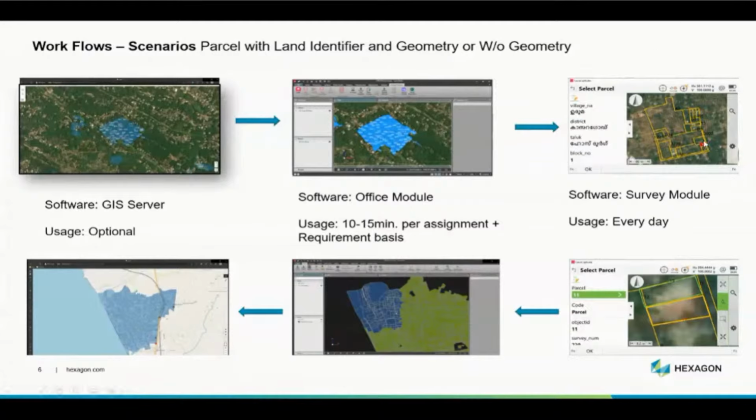So I select the parcel and it will list out all the land identifiers. Then I say, okay, now I want to capture the geometry. Even though I already have the old data, I am capturing the geometry fresh. All the land identifiers will automatically get copied; you don't have to type. Ideally, that will help us do it faster. It will just copy the data into the new parcel. The geometry is what you will do through our